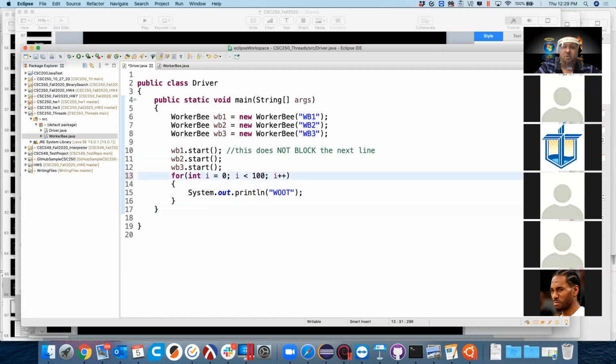Actually, I'm going to do it more than that just so I can see them pretty quickly. So this guy does not block, this guy does not block, this guy does not block. So all 3 of these worker bees are working in the background while this guy continues on. So I'm going to see some woots, because really this class I'm in right now